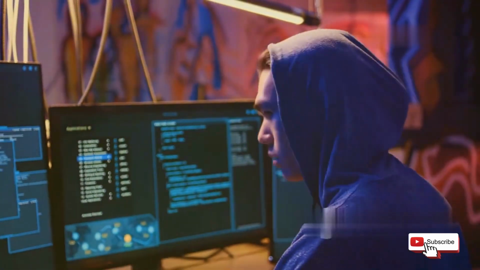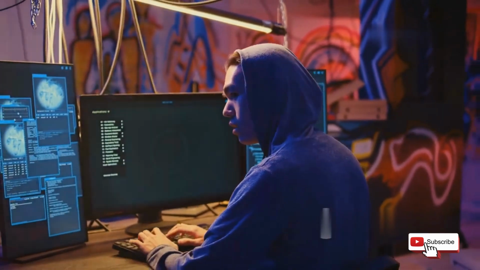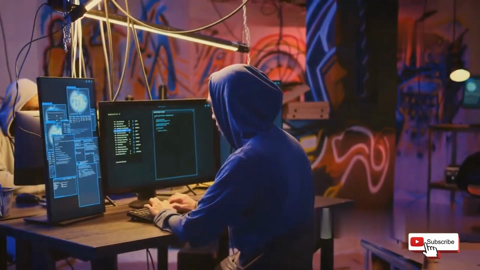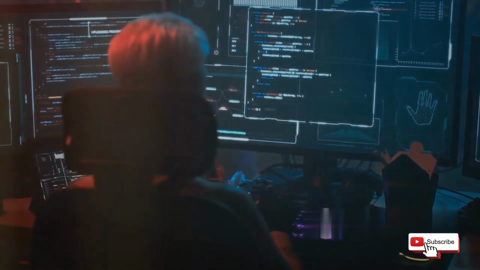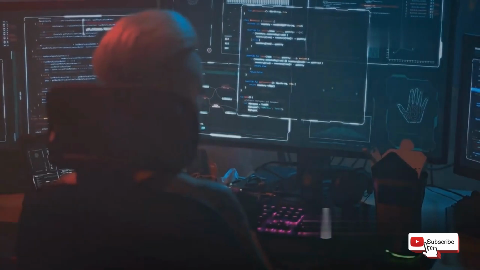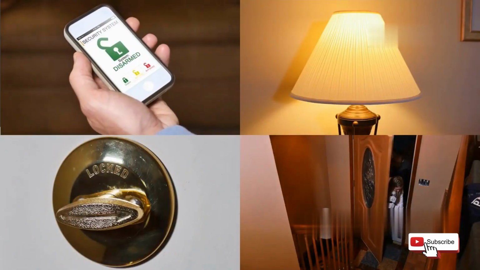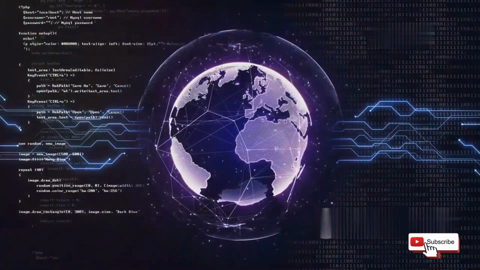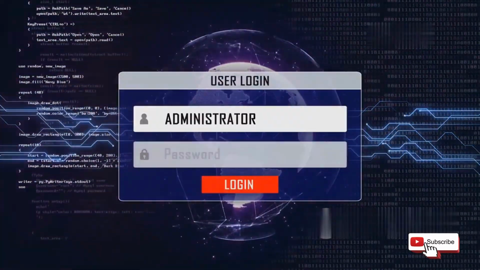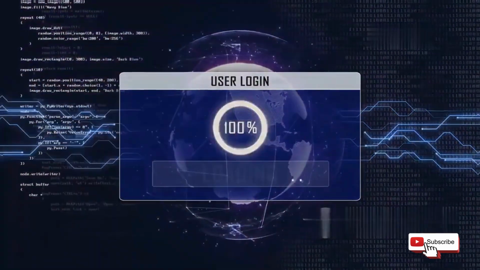Hackers have developed sophisticated techniques to remotely access and monitor smartphones, exploiting vulnerabilities in software, networks, and even human behavior. This essay delves into the methods hackers employ to spy on smartphones without physical access, the potential risks involved, and most importantly, the steps you can take to protect yourself from becoming a victim. By understanding the tactics used by these digital intruders, we can better equip ourselves with the knowledge and tools to safeguard our privacy and security in an increasingly digital world.